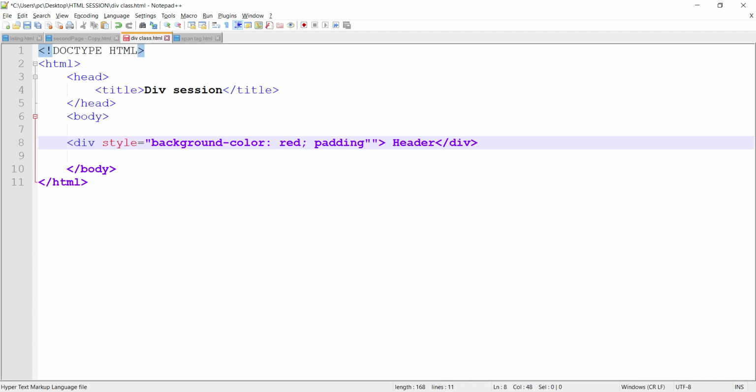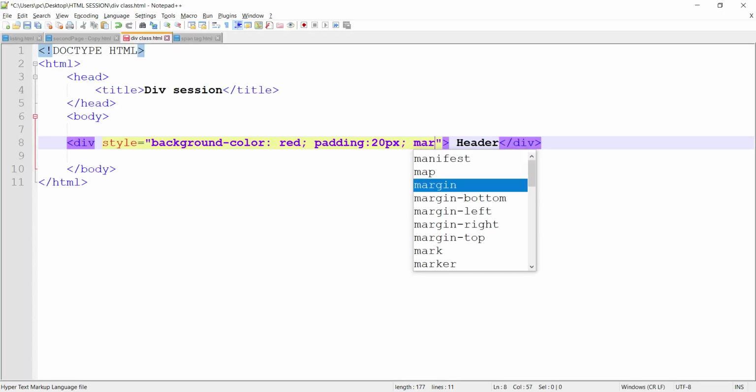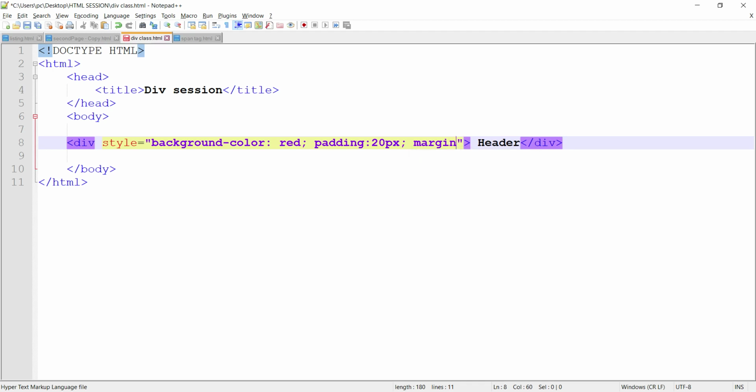padding 20 pixel. Okay guys, if you notice, from the top of the web browser and the left and right, we are having some gap. Why is that? Because by default it takes some margin, so you can set it to 0 pixel,